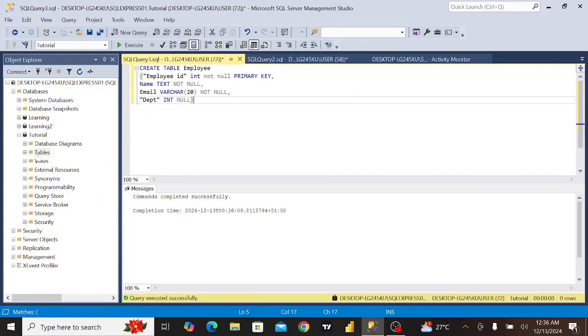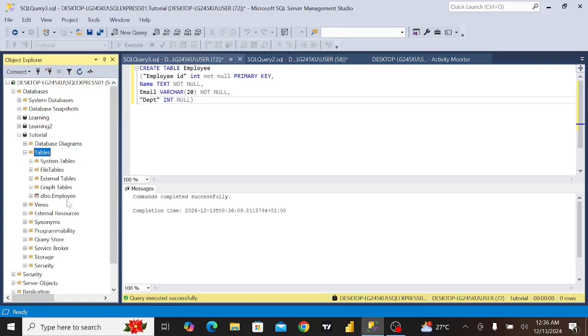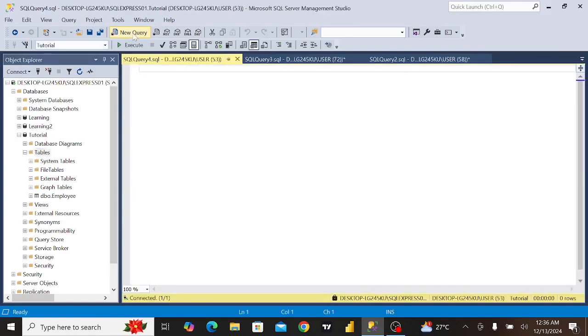So our table has been created successfully. To see that, right click and refresh here. So employee table has been created successfully. So I'll be creating a second table because I'll be connecting 2 tables together. The next table I'll be creating,